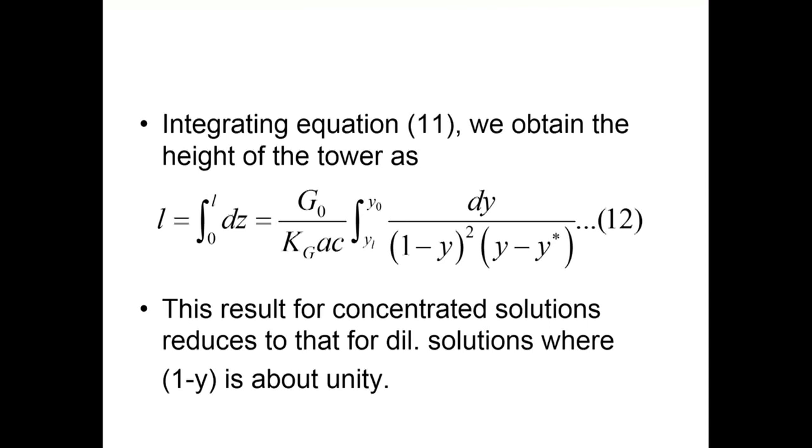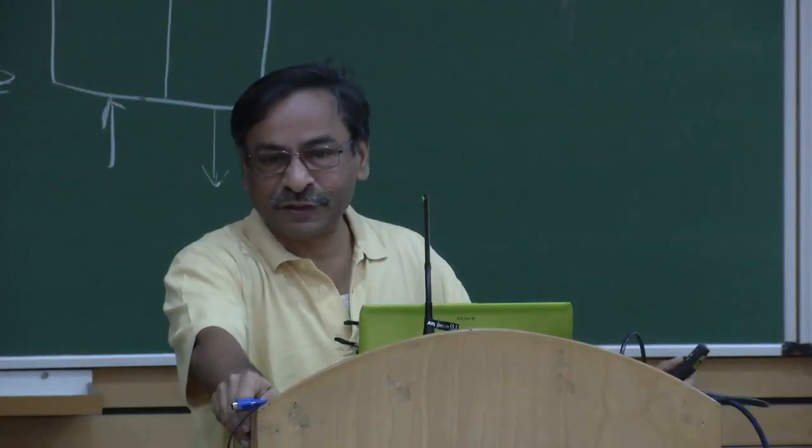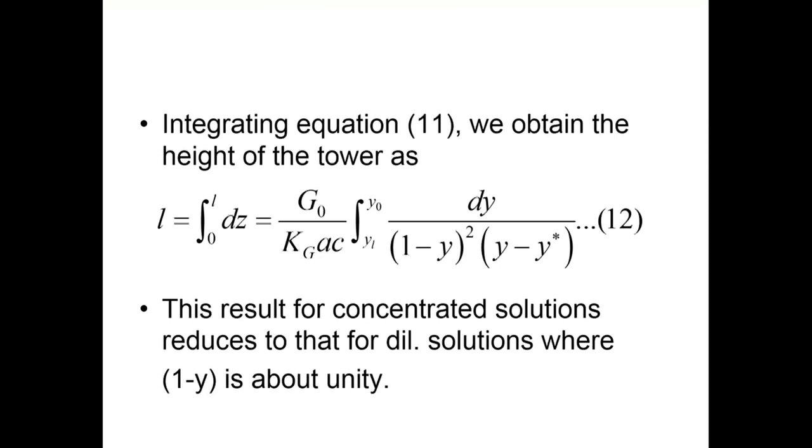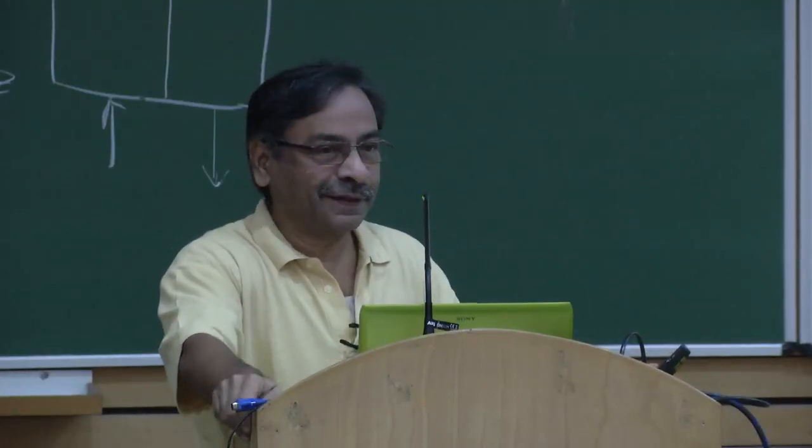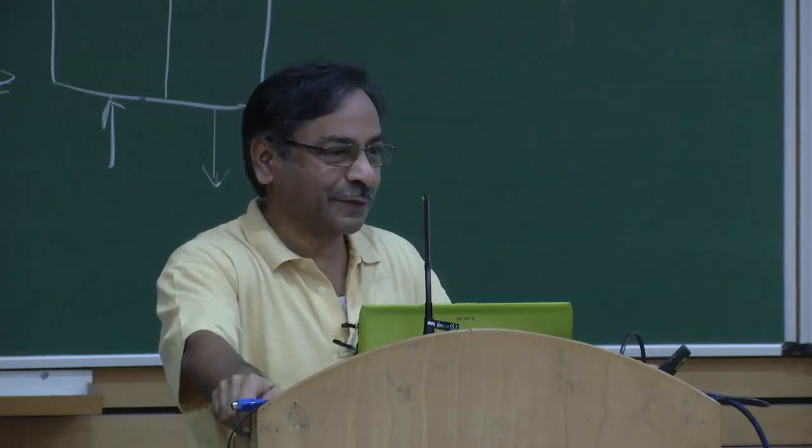Okay. Now, let us invoke our reference to dimensions once again. Look at the right hand side and tell me something about the dimensions. Left hand side of course is meters. What will be? Should be obviously length to length. The quotient has to be length because the integral is dimensionless. We have y on top which is dimensionless, everything underneath is also dimensionless, mole fractions, right. So, the integral is a number without dimensions. You agree with that? G0 by kG a C, does it have dimensions of length? Unless we have made some error, it has to be.